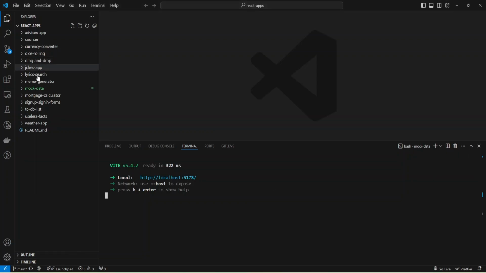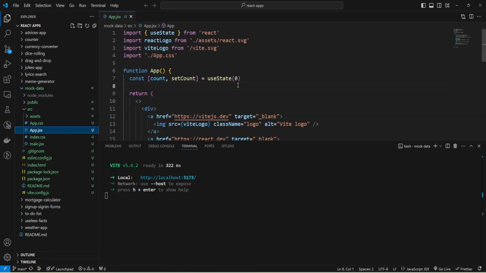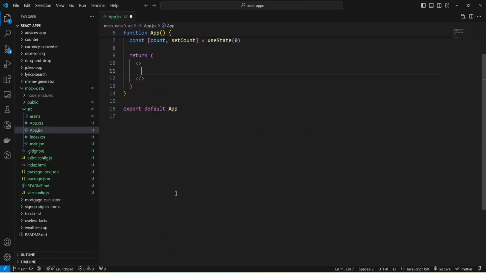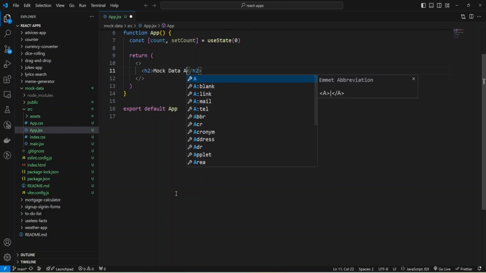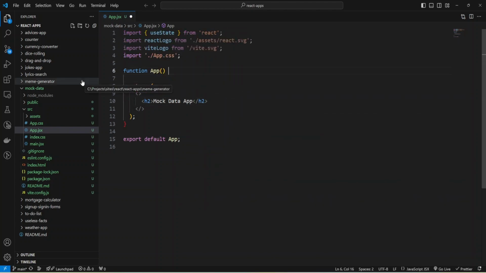Now I'm going to open my source files, and I can hide this panel. I'm going to provide an h2 tag with the name mock data app, and I can remove all this space.